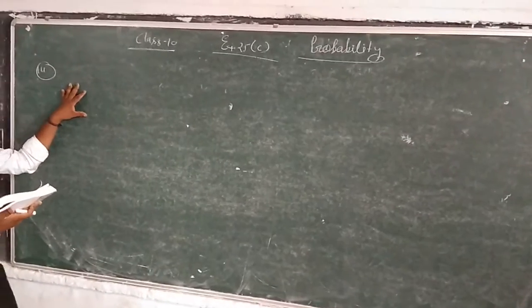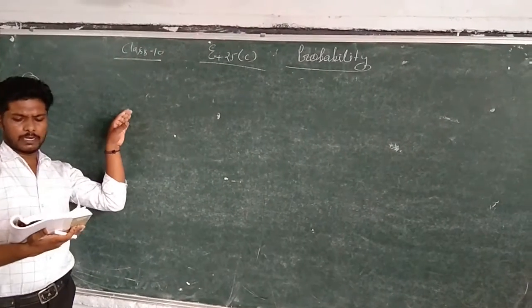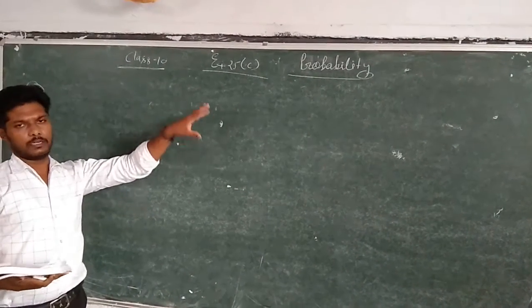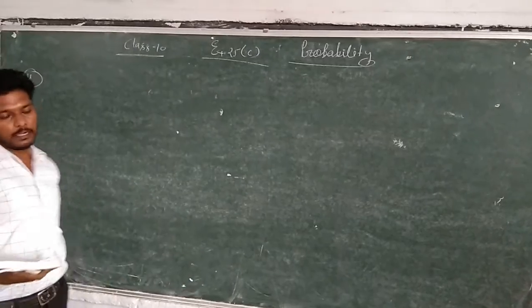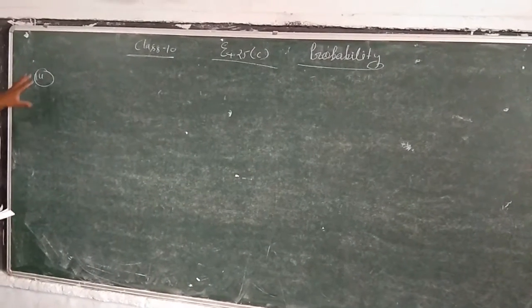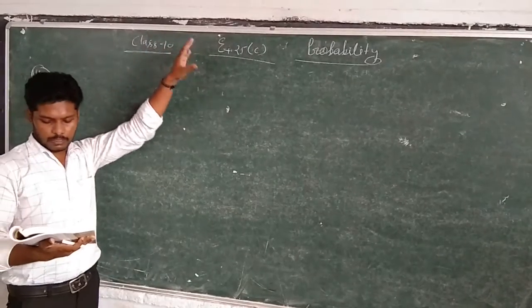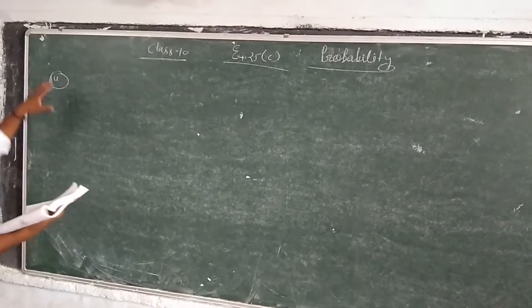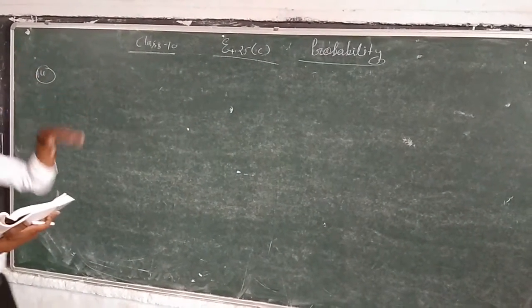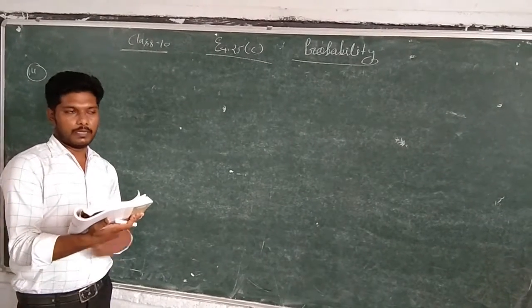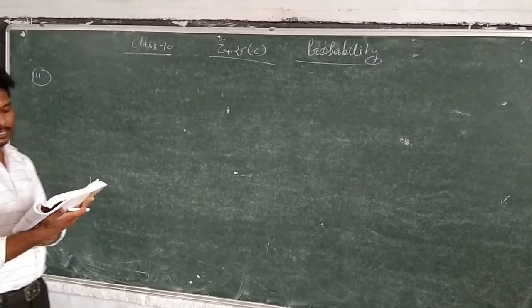So now we will talk about questions 15, 13, 12 and 11. You have already done them in exercise 25A and B. This 40th question is also done in exercise 25A and B, but again we can understand about this. A bag contains a certain number of red balls. A ball is drawn.